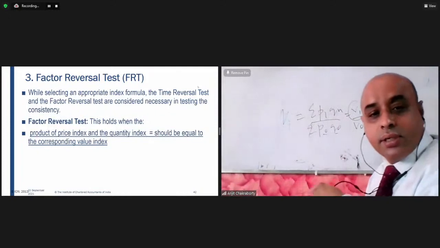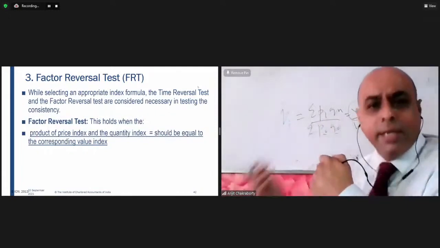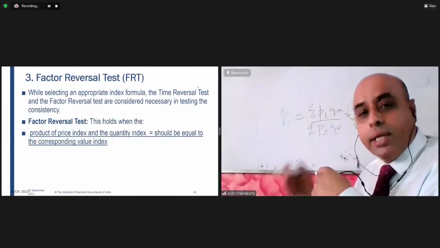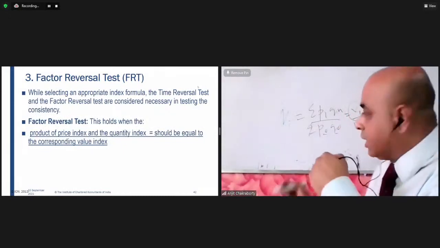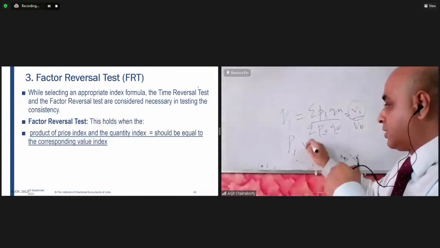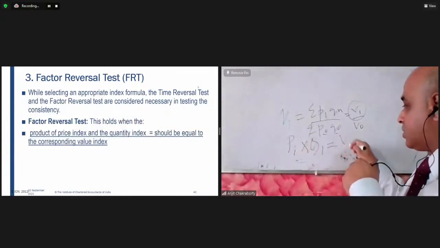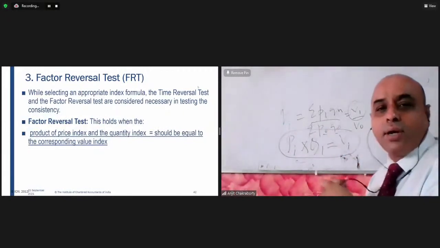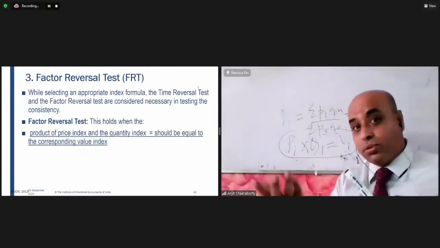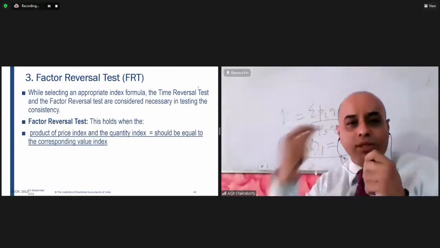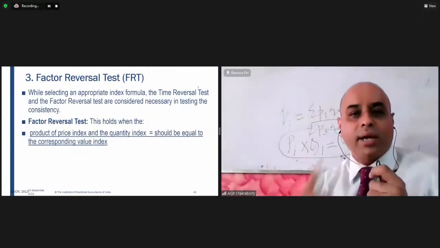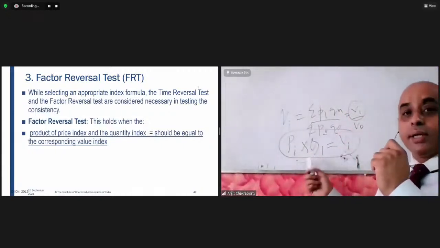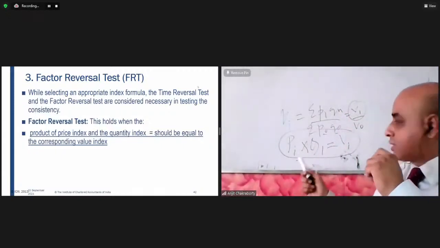So the factor reversal test says that for any index, whether last period's index or for the past year's index, or even for the Fisher's index, if the PI, price index, multiplied by the quantity index is equal to VI, this is known as FRT. That is factor reversal test. You could get a question also from here, that which formula shows you factor reversal test. So the formula will be PI into QI, that is price index into the quantity index should give you the